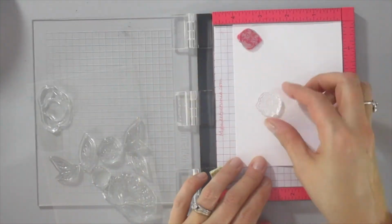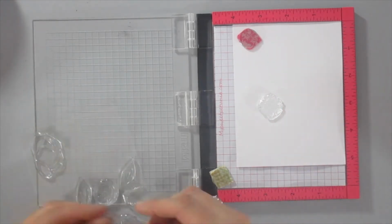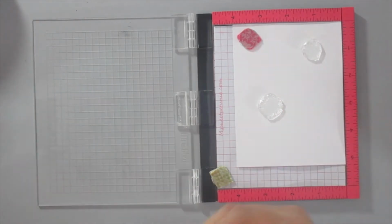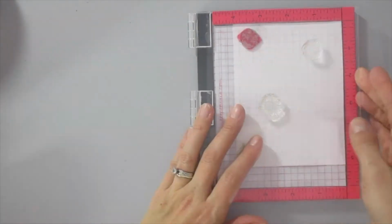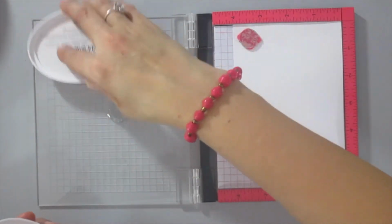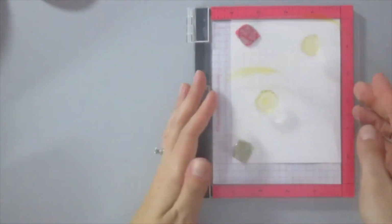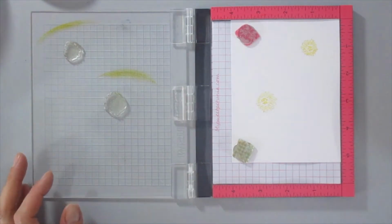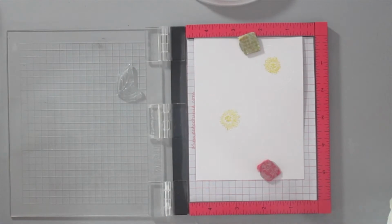So I went and I put my panel back onto the MISTI, and this time I'm going to stamp the centers of the peonies. Now I am not going to emboss these. I'm going to use the new Tiara ink. It's so pretty. So I just inked it up a few times and pressed it on there, and you can see it's on there. And this I'm actually going to add water to, and we're going to kind of soften it a little